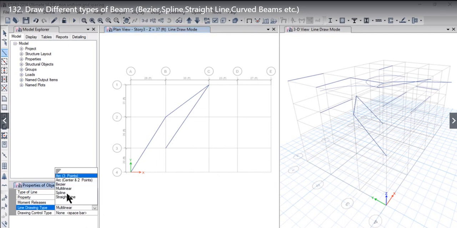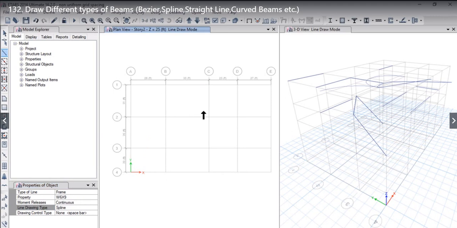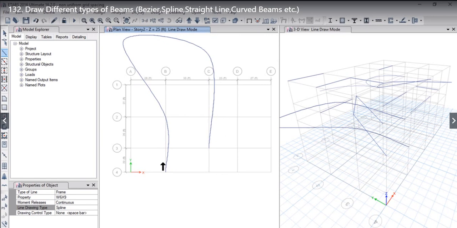After that, there is a last option of spline. A spline curve is a basic simple curve that is like this. So we have drawn a spline curve here. Basically, in mathematical words, the equations of these three curves are different. That is, the spline profile has to be different, the Bezier curve equation is different, and multilinear is just a simple mathematical concept that can be easily understood.